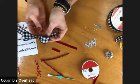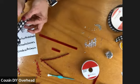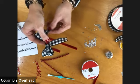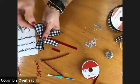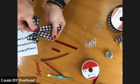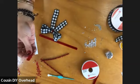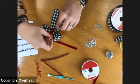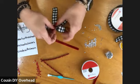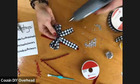All right, so now we have what looks like somewhat of a bow. So kind of work with your ends here and you're gonna bring them down in the center. See how that? So you just kind of fold those down, fold those in. Okay, and then we're going to take our little 1 inch piece here, and that's going to cover our pipe cleaner in the center. So you're going to want to put a little dab of glue